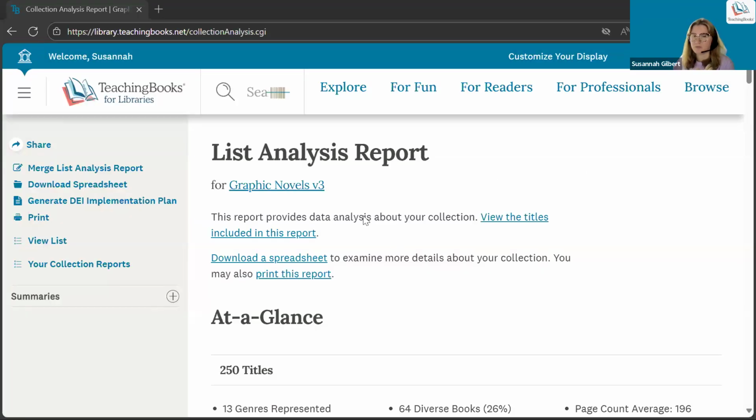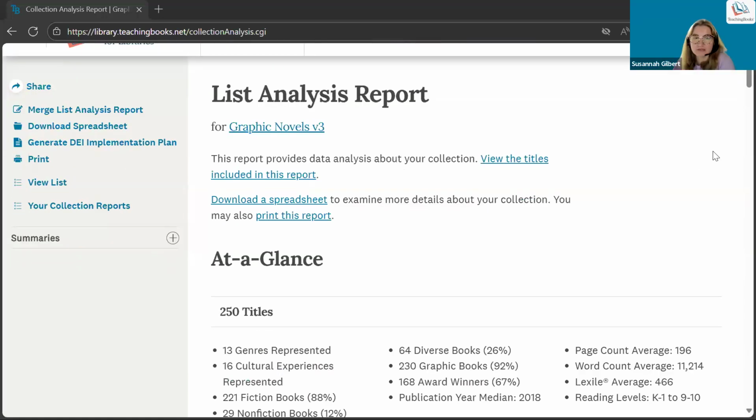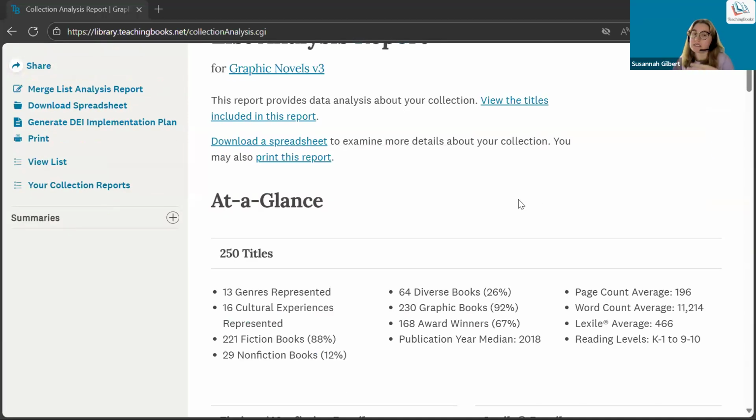And now I'm not sure why this is version 3 and not version 2, but such is life. I think probably I have a different graphic novels list floating around out there that's messing things up. But this is the titles that we already had plus the titles that we're considering adding. So before we've spent that money, before we've sent that list to whoever does our purchasing to get it approved or just done it ourselves, we can look at the impact that it would have on this collection